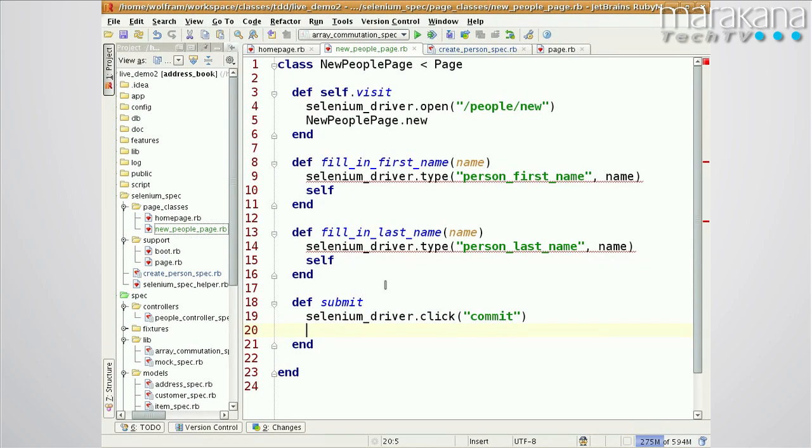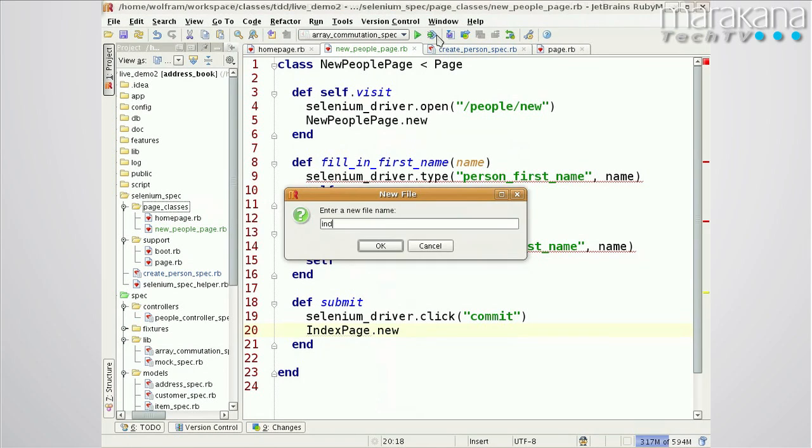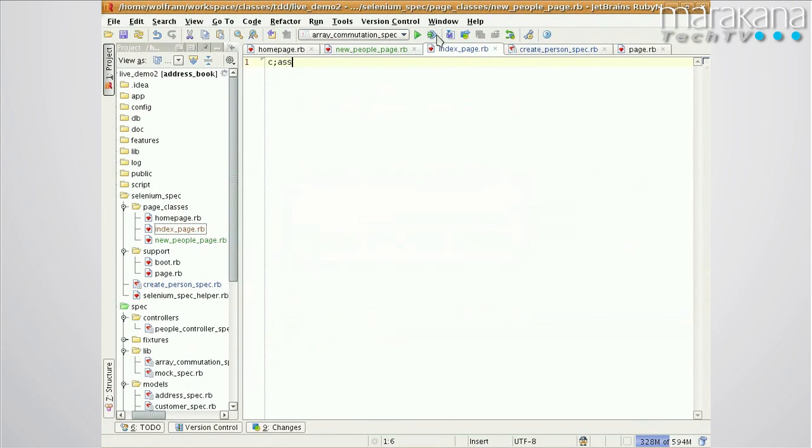And I need to return something. What am I going to return here? Index page. Right, so I'm actually leaving the page now. That click, submit, will leave the page. So I now have to make a new page object that represents the index page. Very good. Index page dot new, right? Then I have to go implement the index page. Good point. We'll get there. Index page dot RB. So class